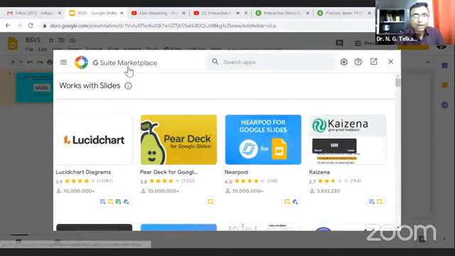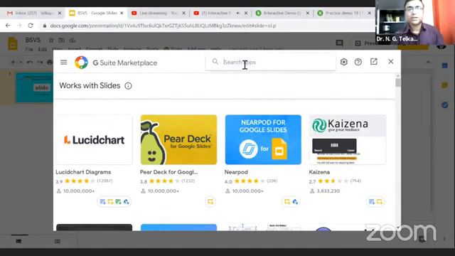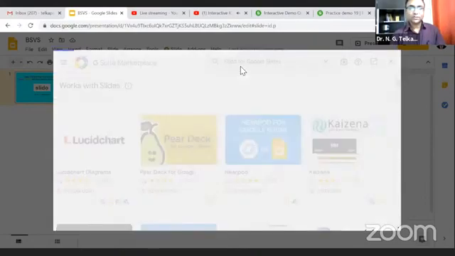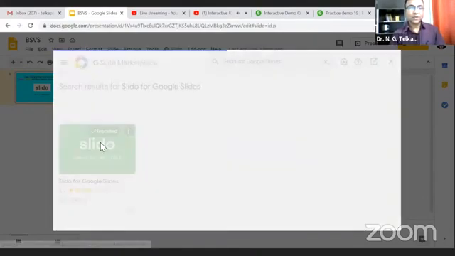Yes, this type of Google Suite is available. Just search the app, like you search certify EM or form limiter or email notification, etc. Just write Slido and search Slido for Google Slides. And this type of option is available.